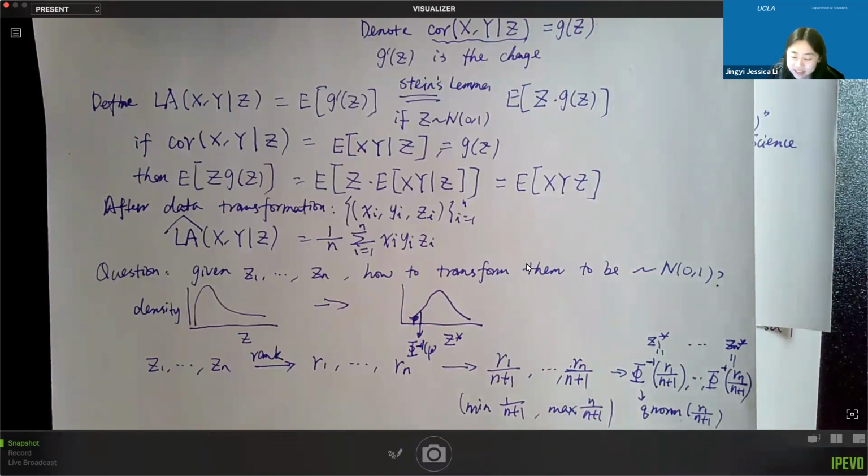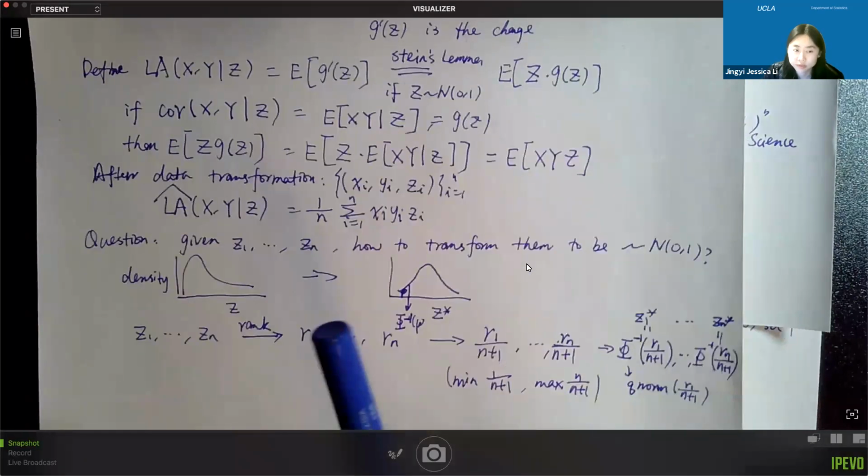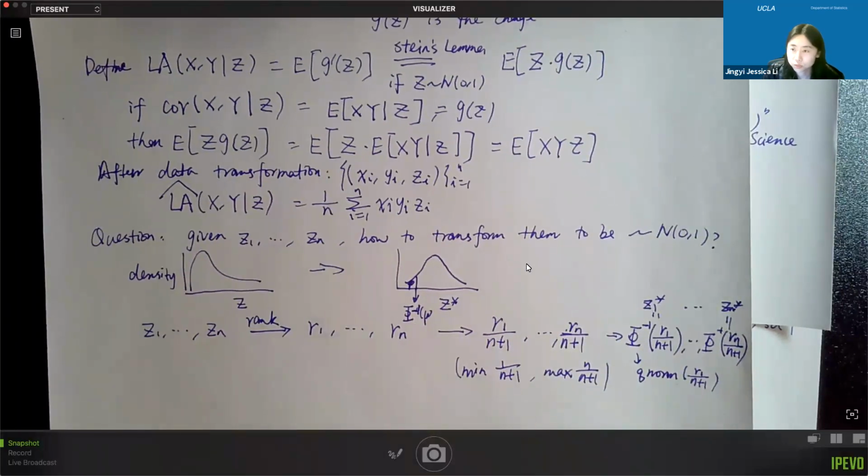Okay, so that's it. I think it's a very quick overview of the associations. Actually, I spent less time on this than in previous years. I think the reason is that we spent more time covering some other materials we didn't do in previous years, like in the beginning we spent more time talking about the statistics basics. So for the remaining lectures, we have 2 lectures to go, and then we will have your final presentation on Thursday of week 10. For the remaining 2 lectures, I still plan to talk about the sampling methods,